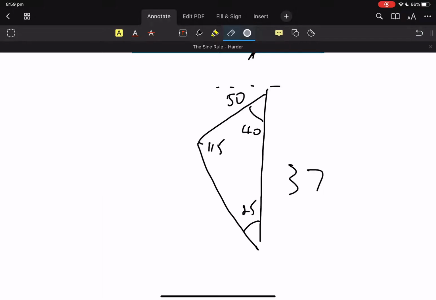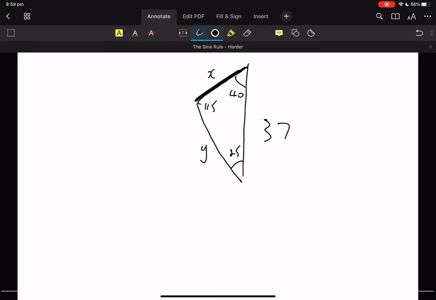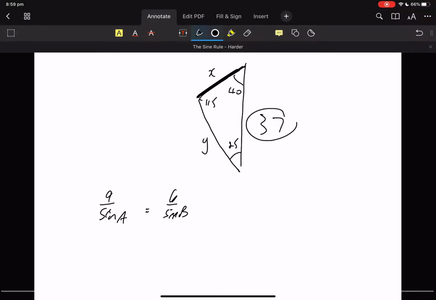Let's just focus on that one triangle there. Let's find that length there, we're going to label as X, and this length here we're going to label as Y. And from the sine rule we can go A over sine A equals B over sine B. So we're looking for side lengths opposite angles. That's the sine rule, that's the ratio. So it's going to be 37 over